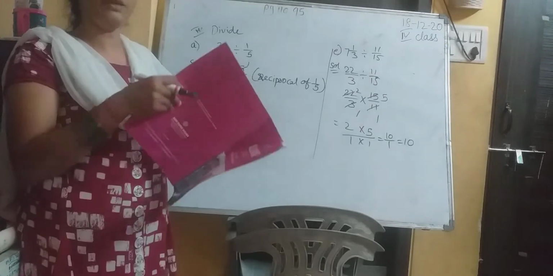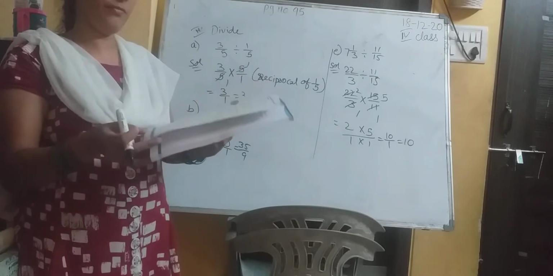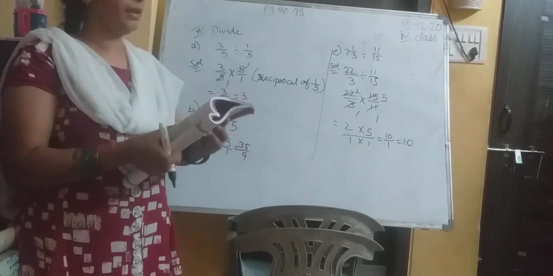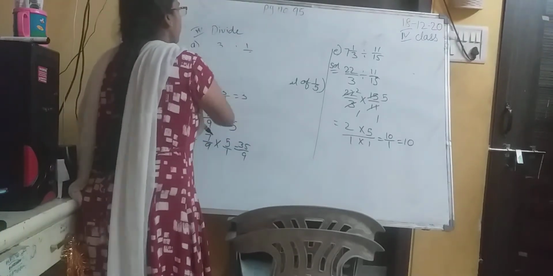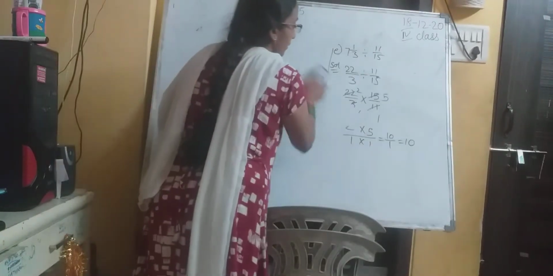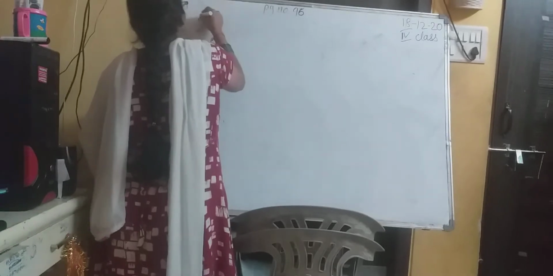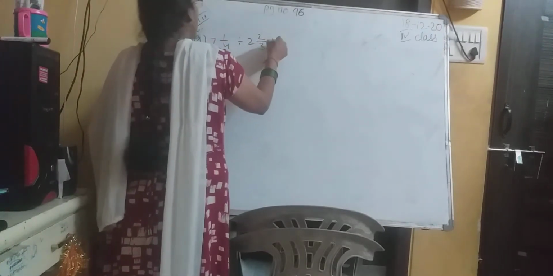In the same way, do the remaining problems also. I showed you 3 sums. The other 6 are for your homework. Now go to page number 96. Simplify. Page number 96, children, third bit, simplify. What is the first one? 7 1 by 4 divided by 2 2 by 3 divided by 9 by 16.